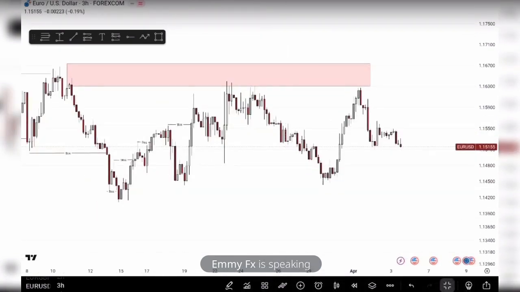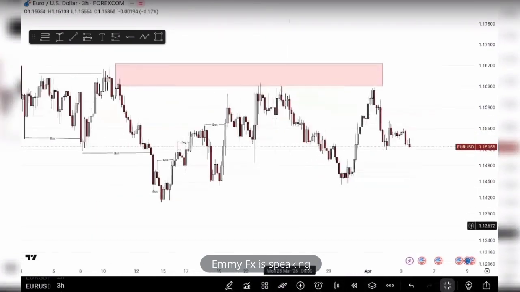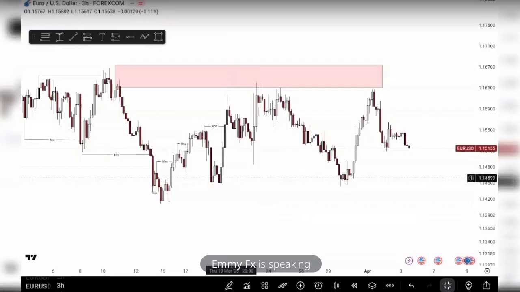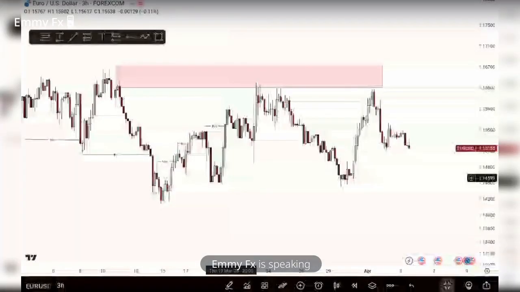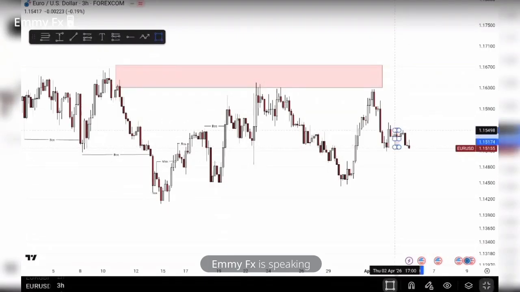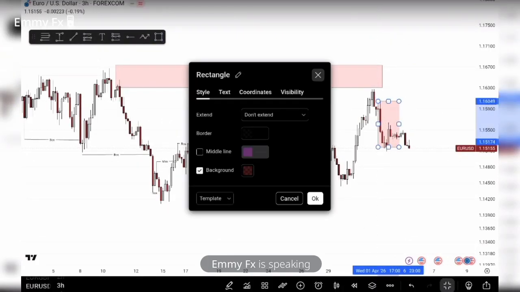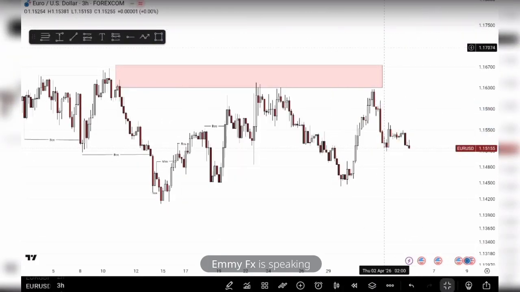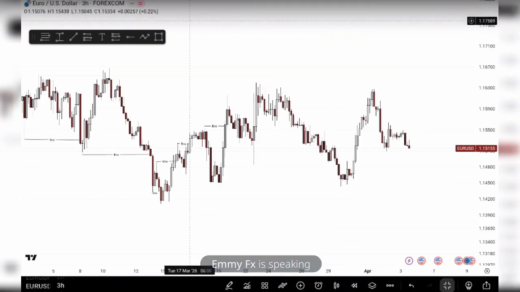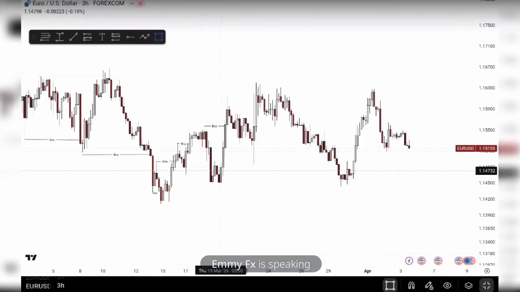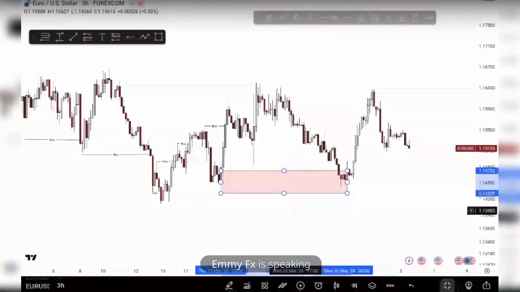Now, I remember I was saying in the setup, but once I go back to the chart and understand something, this supply zone here is more of inducement. All right, it's more of an inducement zone. Now, I want you to understand something. After that, we have what? We have price reacting from a demand zone,